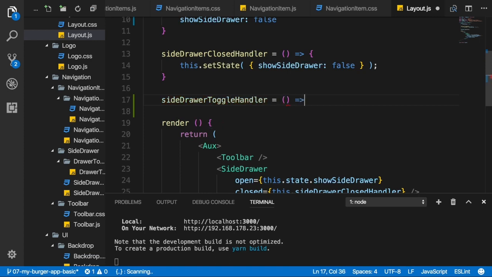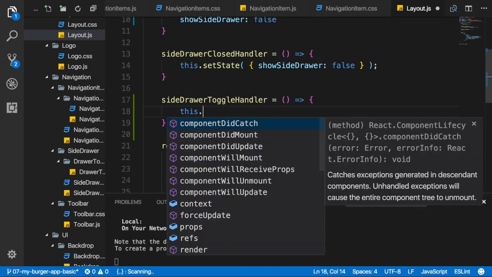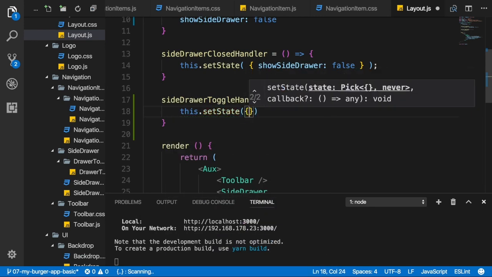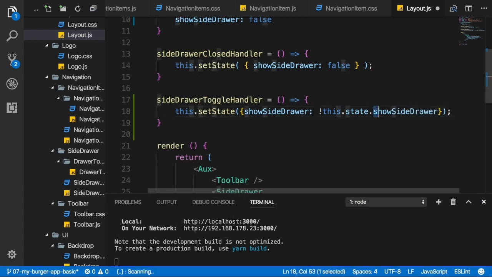handler. Now, it actually will work as a toggle, so from open to close and the other way around. But in our app, we will never be able to see that close functionality because the side drawer will overlap it. I'm still going to create it in this way because if we ever were to add this toggle in some other place in the app, it would really work as a toggle. Now anyways, here I now, as I just said, want to toggle the displaying state of the side drawer. So we can call this state and now set show side drawer to what it's currently not, to not this state show side drawer. So if show side drawer is true, it will now be set to false and the